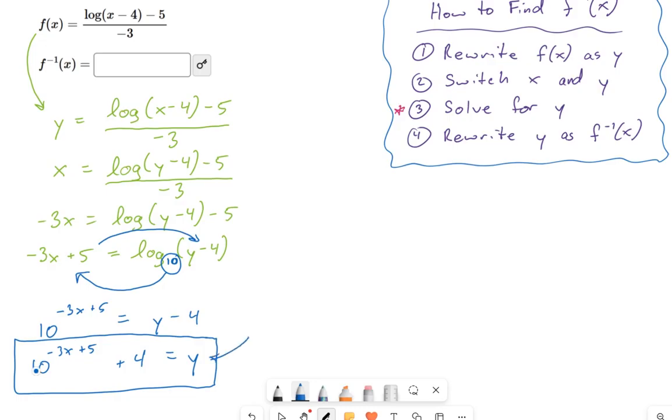This y right here, remember that's the inverse of f of x. So we're going to take that and stick it up here, and that would be your answer. Now, one thing to keep in mind, when you're writing this in the computer, you may have a little trouble with this. If you have a complicated exponent, you're going to need parentheses on that, but that's a minor detail.